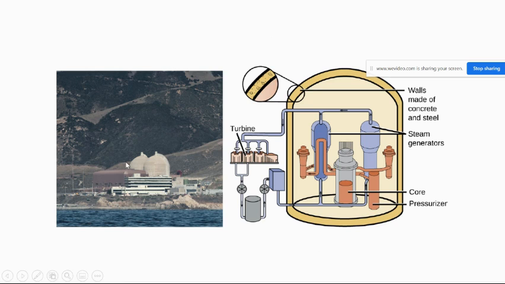This is what a typical nuclear power plant would look like. These are your reactors here. And these are made of concrete and steel and very, very thick because A, if there was an explosion in here, they would want to contain it. And B, they want to make sure that it's shielded enough that none of the radioactive material, the gamma rays and that sort of thing, can get out.